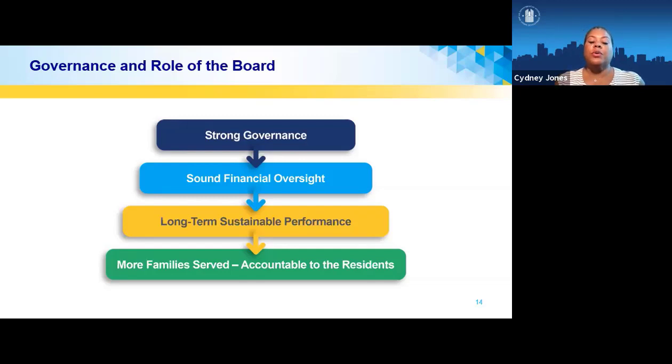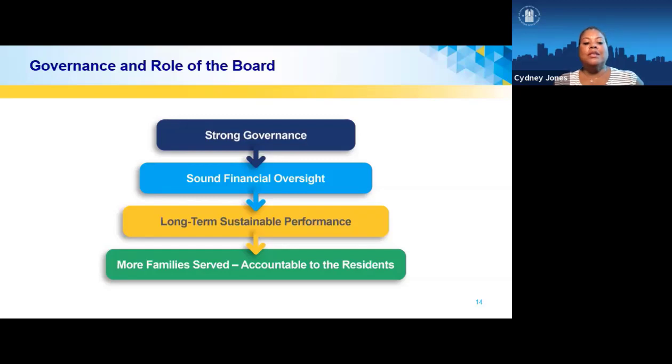So the board is going to set the operational norms, rules, and values of the PHA. The board establishes policies and internal controls to ensure integrity. And ultimately, the board's role is to guide and oversee the PHA's finances, policies, management, and oversee the performance of the executive director. So as a board, you represent the community on the board, and your job is to promote your PHA in a positive way.